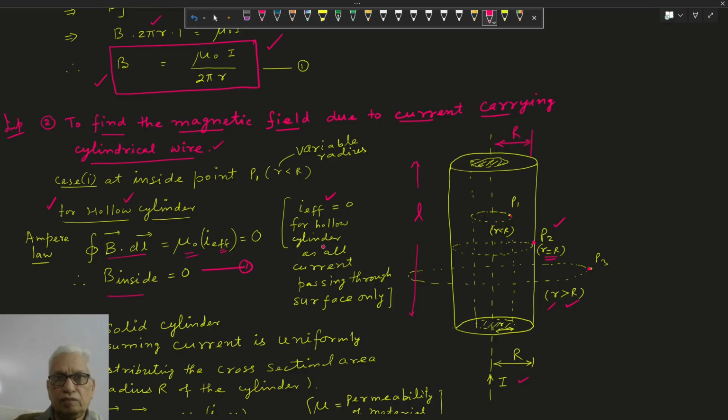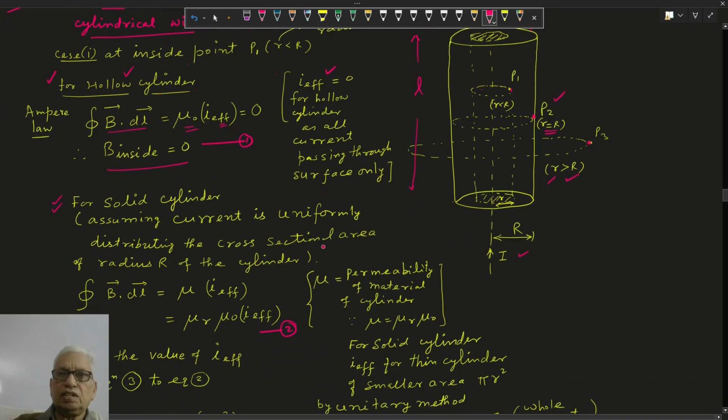So this way magnetic field inside is 0 for hollow. Now taking the solid cylinder, here current is uniformly distributed to the whole cross sectional area. It's called uniform distribution of current. Now using the Ampere Circuital Law, integration for the closed path B dot dl equal to mu, and mu naught